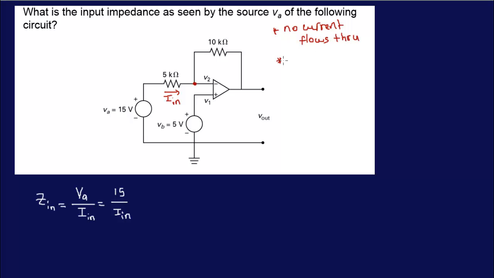And then the other one is that your voltage over here, V2, is equal to your voltage V1. So in this case, V2 is equal to V1. What's V1? That's 5. That's VB. It's 5. Is equal to VB, and that's 5. Okay, so we don't even need to use KCL here because you can already see that